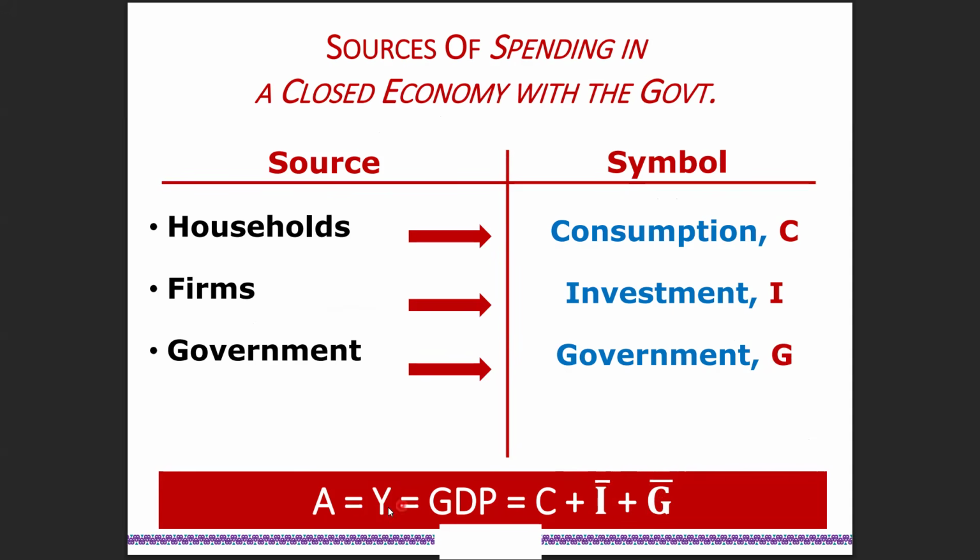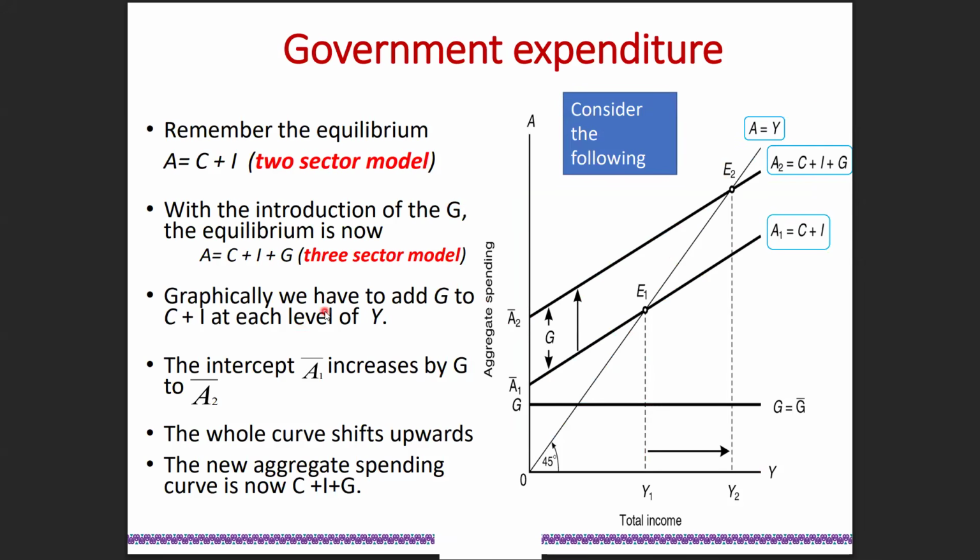Right. So now to calculate aggregate expenditure in a three-sector model or in a closed economy, you just say C plus I plus G. You just add all the sources of spending, right? Which is consumption expenditure by households, investment spending by firms, and government expenditure, right? And which is also autonomous. Government expenditure. The equilibrium. Remember the equilibrium: aggregate expenditure equal to C plus I in a two-sector model. So remember in a two-sector model,